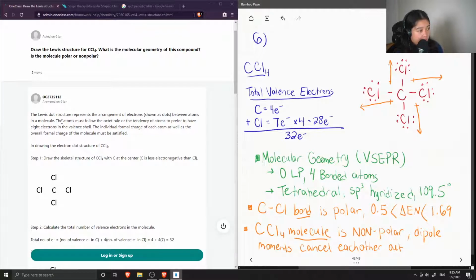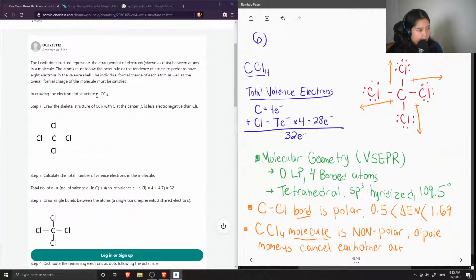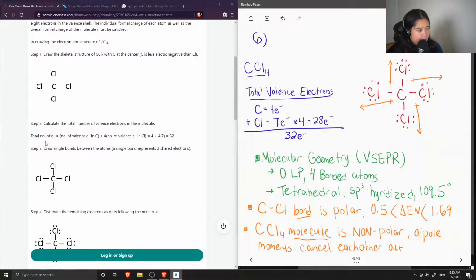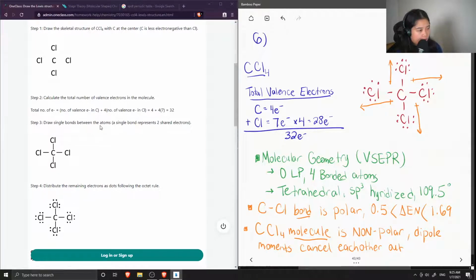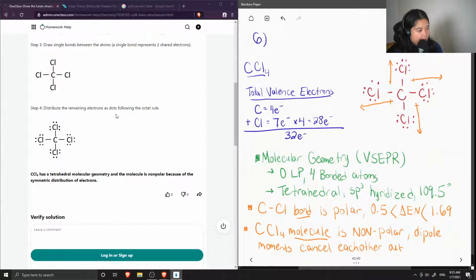The Lewis dot structure represents the arrangement of electrons, shown as dots, between atoms in a molecule. Atoms must follow the octet rule, or the tendency of atoms to prefer to have 8 electrons in the valence shell. The individual formal charge of each atom, as well as the overall formal charge of the molecule, must be satisfied. In drawing the electron dot structure of carbon tetrachloride, we draw the skeletal structure with carbon in the middle, then calculate the total number of valence electrons, so they got 32, draw single bonds between the atoms, and then distribute the remaining electrons as dots